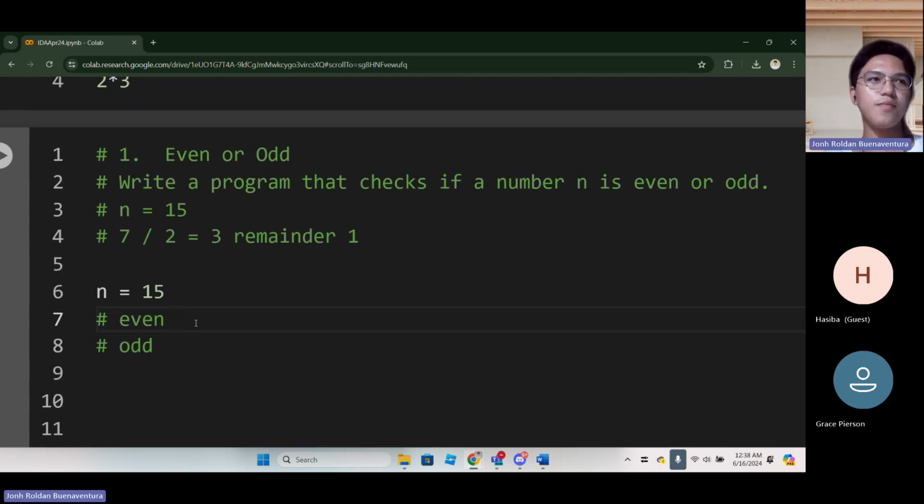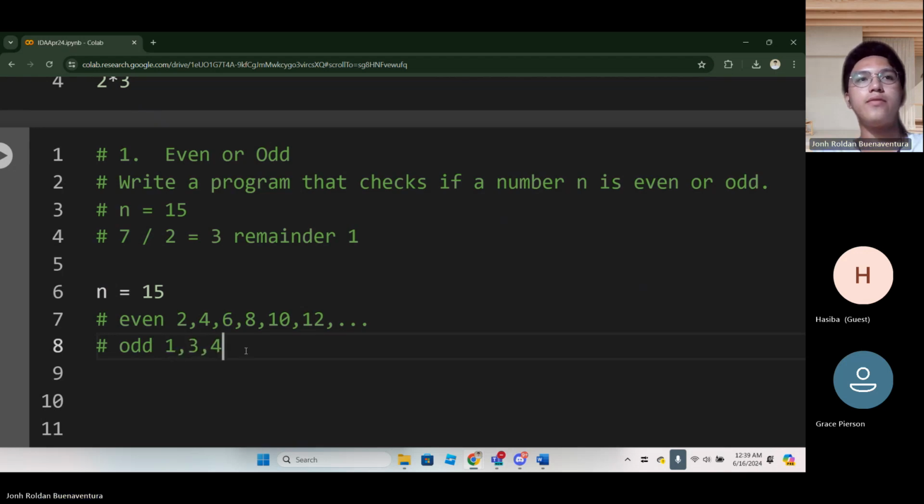Yes, it is based on its divisibility. And in fact, we can say that a number is even if it is perfectly divisible by 2. So even numbers are 2, 4, 6, 8, 10, 12, and so on. These numbers are even because if you divide them by 2, you get a whole number, meaning there is no decimal. Unlike numbers such as 1, 3, 5, 7, 9,